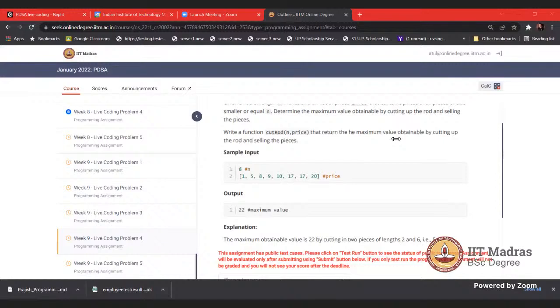What is L here? This is L or I? Okay, I. Sum of the value at I minus j, comma the value at